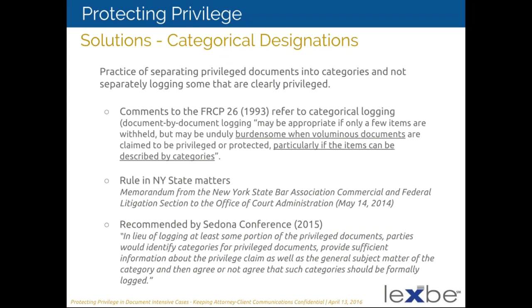Another provision that is a related way of dealing with privilege in general is to have categorical logs, and I think this is greatly underutilized. The idea is that instead of breaking out each individual document, certain types of privileged documents are brought up into categories and summarized, and that is the initial disclosure for the privilege log. And then if one needs to delve into the details of that, that is dealt with on a case-by-case basis rather than logging everything. And this can make a lot of sense.